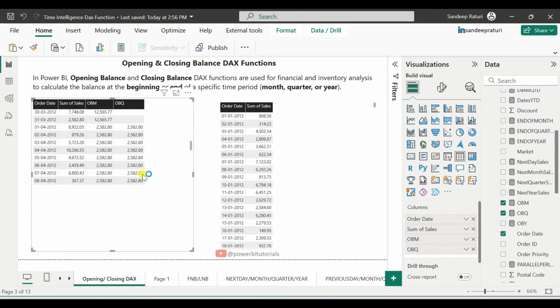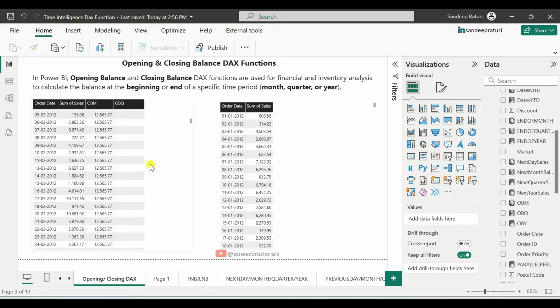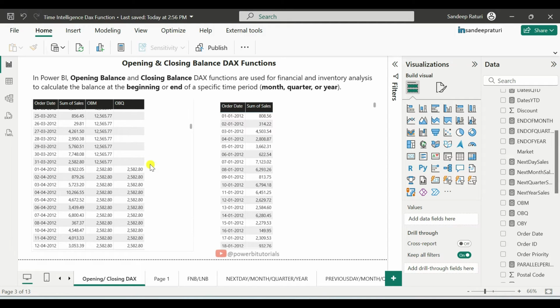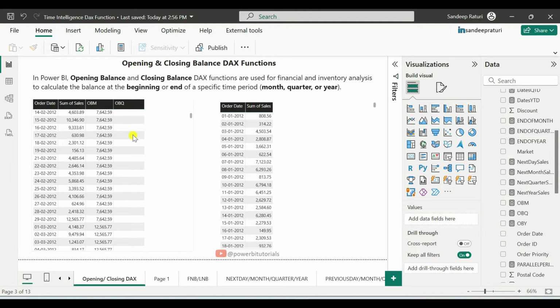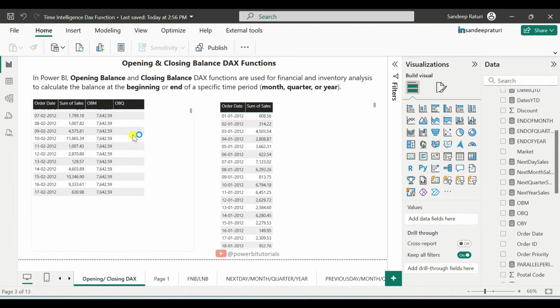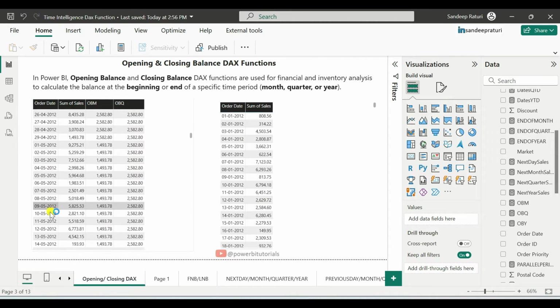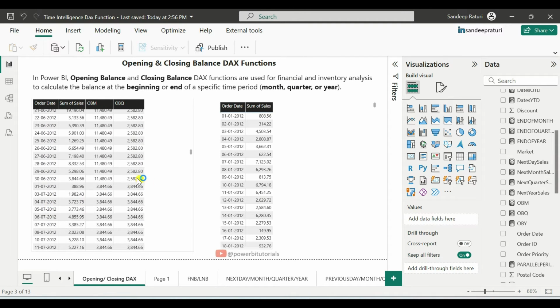of opening balance quarter. For the first quarter, January to March, it is showing a blank result. The reason behind it is that for the quarter January to March, there is no prior balance from the previous quarter, which is why the result is blank for this period. And if we talk about the second quarter, April to June, you can see here it is showing